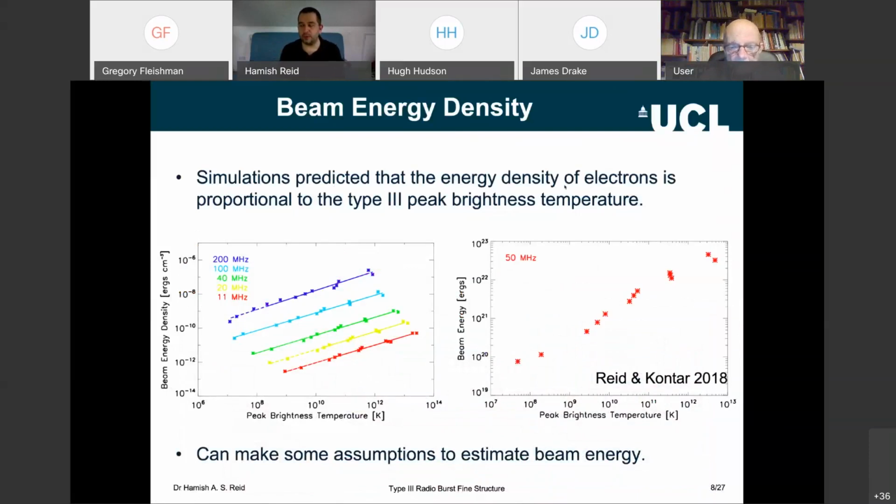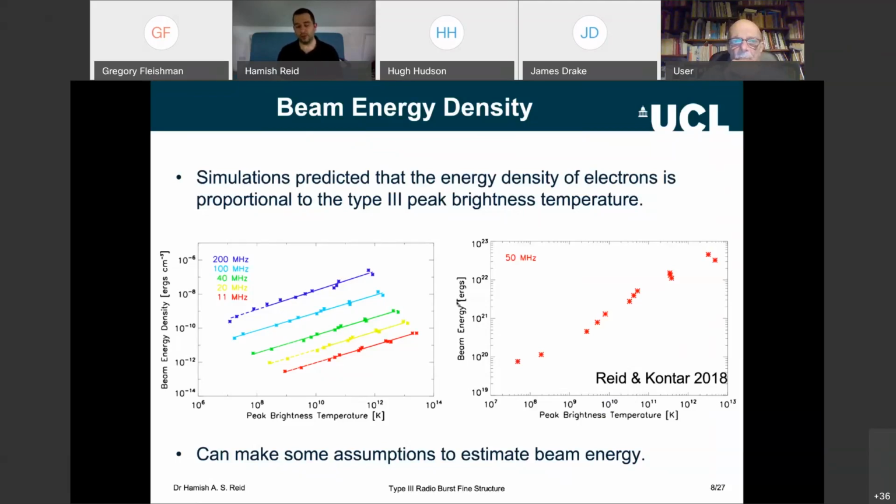So I assume what you mean is being able to get the radio emission and diagnose the properties of the electron beam. How many electrons? Exactly. How many electrons? What's the spectral index? What's the beam energy? Currently, this theory is yet to be proven with observations, but it would mean that if you had estimations of the spectral index, then perhaps you could use that along with the amount of radio emission to estimate the energy density. Or vice versa, if you had the number of electrons, you might be able to estimate the spectral index.